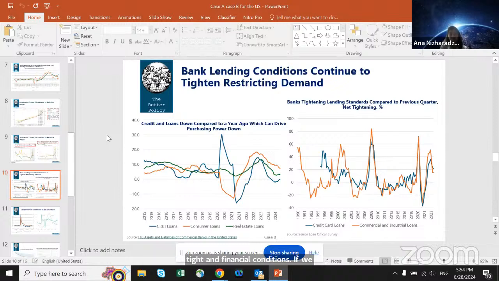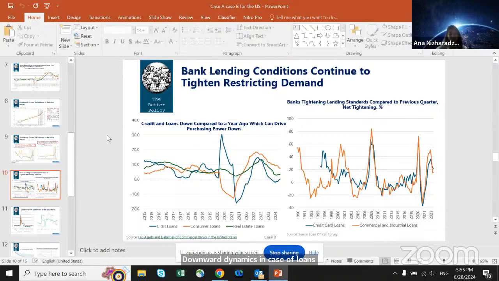If we look into the decomposition, we see financial conditions are pretty tight in the case of business and consumer loans, which results in moderation of consumer and real estate loans, and increased interest rates also help this moderation. And that's why we see the downward dynamics in the case of loans in the US,